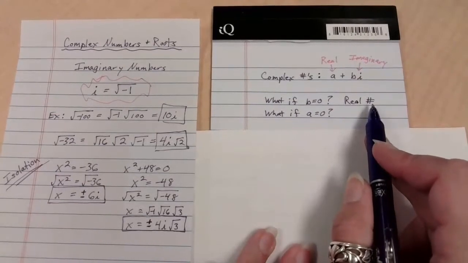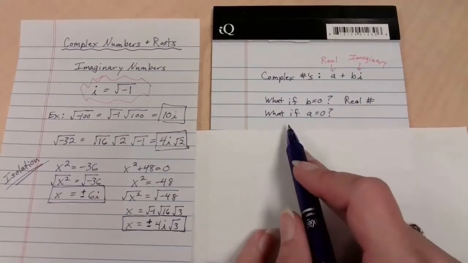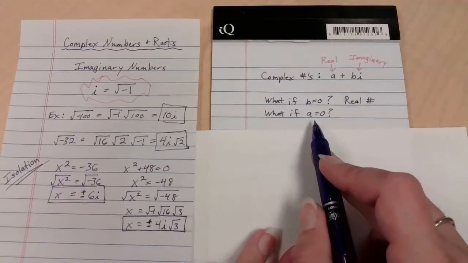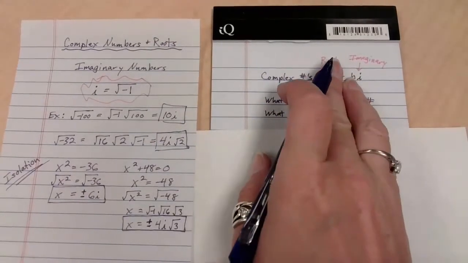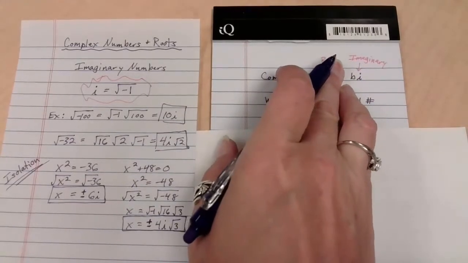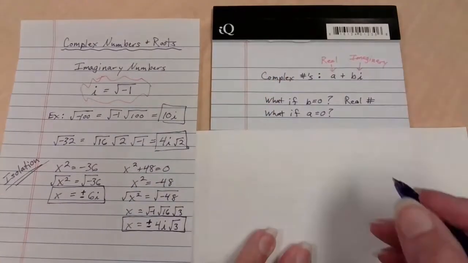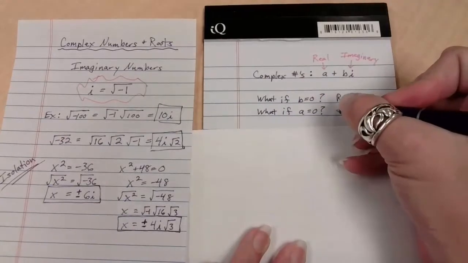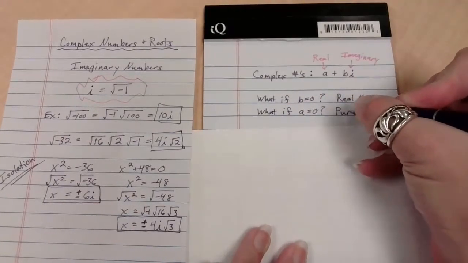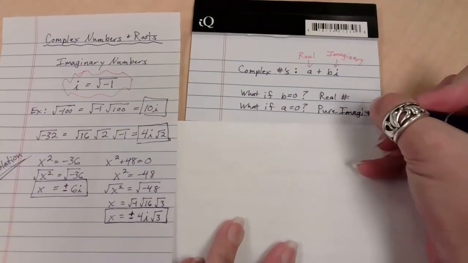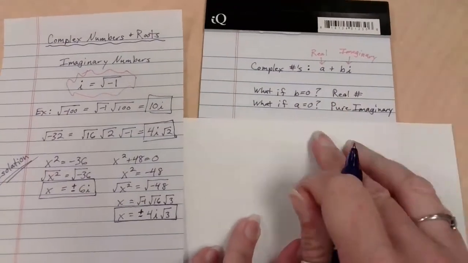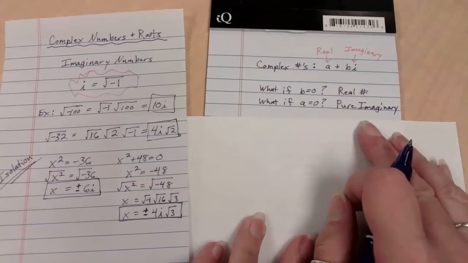Dealing with that. Kind of rough. All right. What if a equals 0? If a equals 0, then this piece is gone, and I'm left with just the bi, which is just the imaginary part, otherwise known as pure imaginary. Can I squeeze it? I can. There we go. All right, so if a is 0, I have a pure imaginary number,